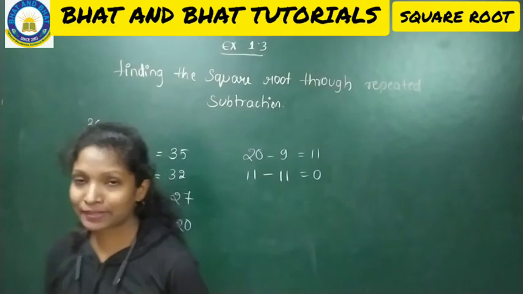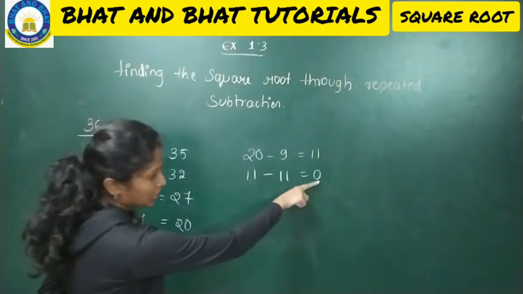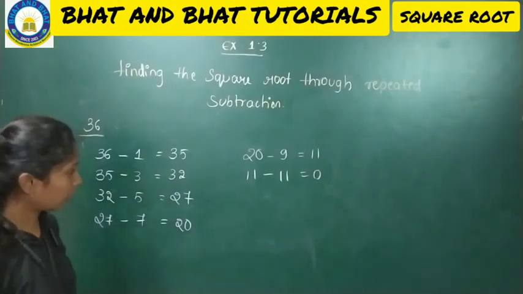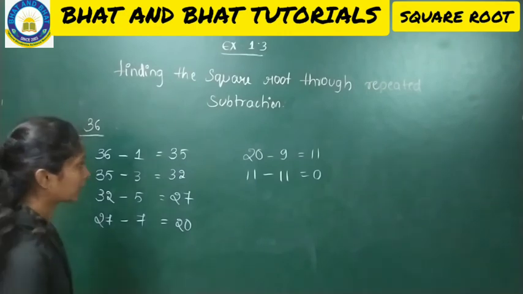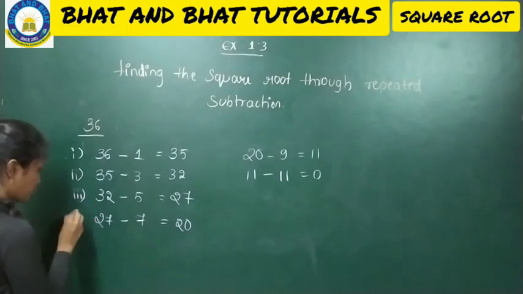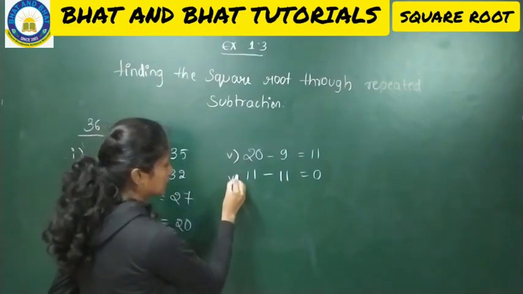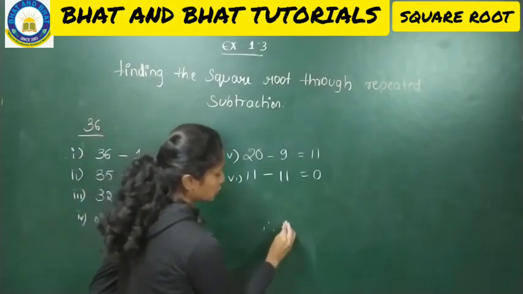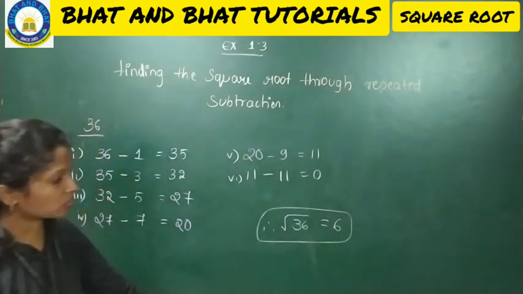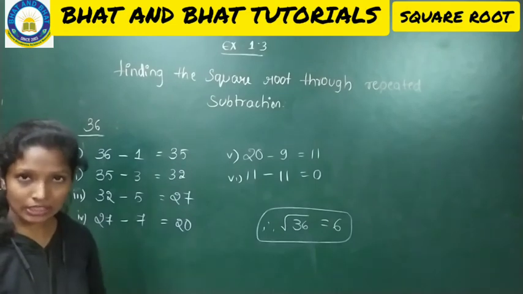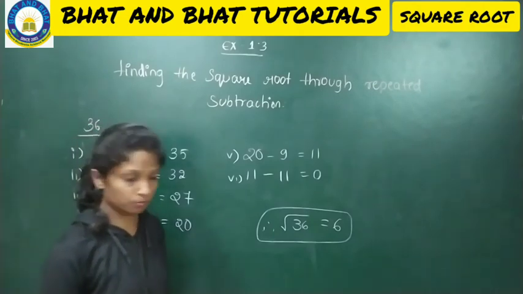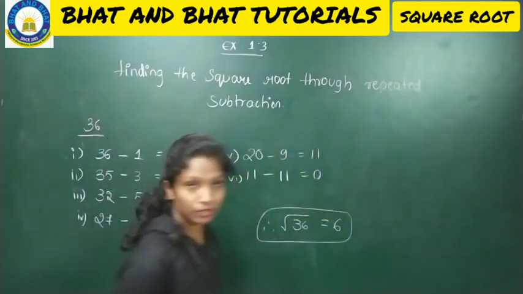So in the repeated subtraction method, till you get 0, you will be subtracting the answer that you get with the next odd number. Okay. So how many times have you subtracted? Calculate here. This is your first time, second, third, fourth, fifth, sixth. So, therefore, the square root of 36 is equal to 6. Got this? So this is your answer. So the square root of 36 is 6, and if you do it through the repeated subtraction method, your answer will also be 6. So now you people can copy down this.